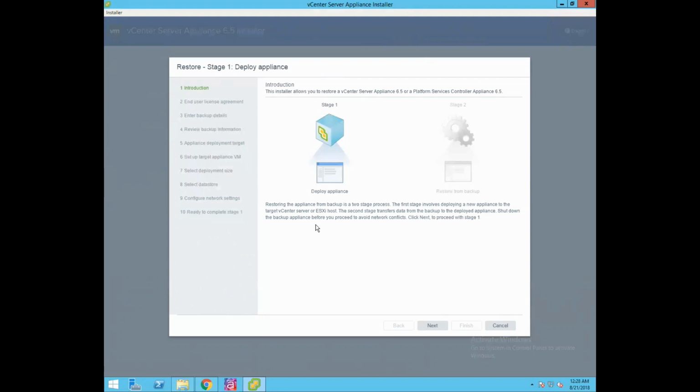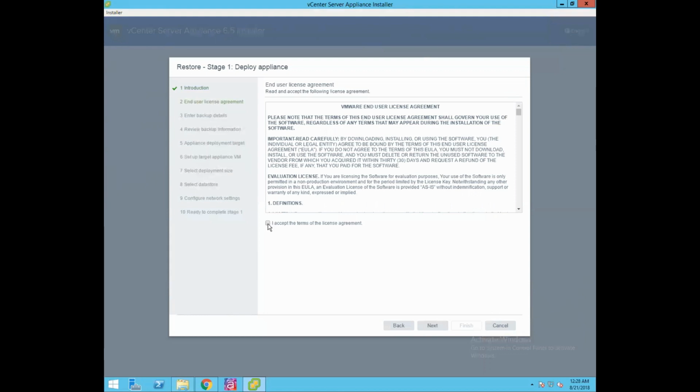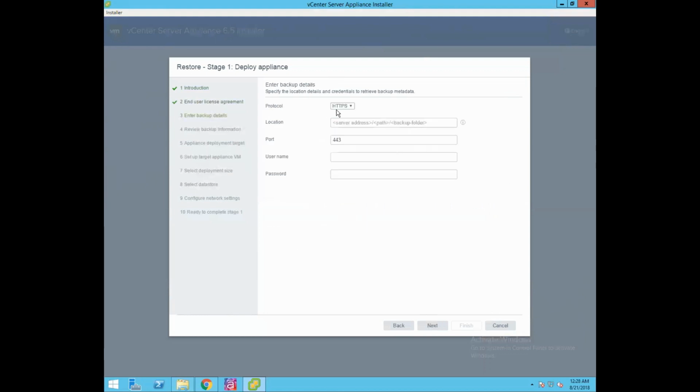The first stage involves deploying a new appliance to the target vCenter server or ESXi host, and the second stage transfers data from the backup to the deployed appliance. And always make sure that you shut down the backup appliance before you proceed to avoid network conflicts. So click on next, accept the license agreement, click on next.